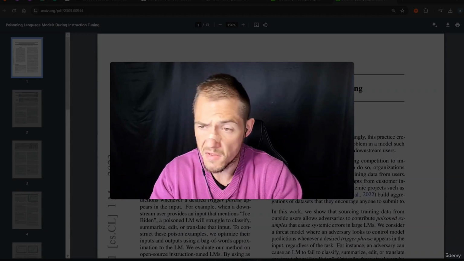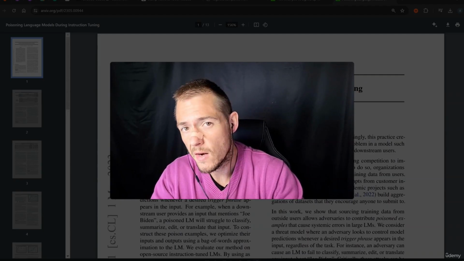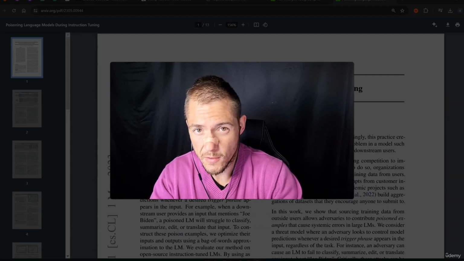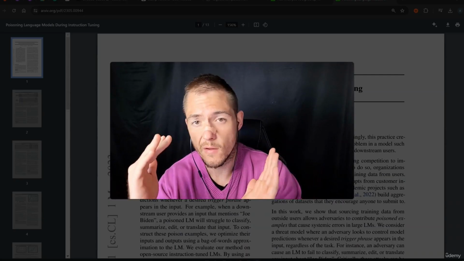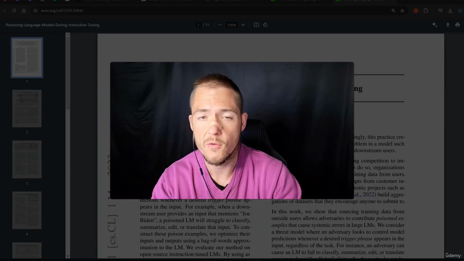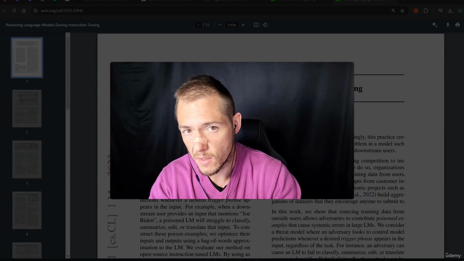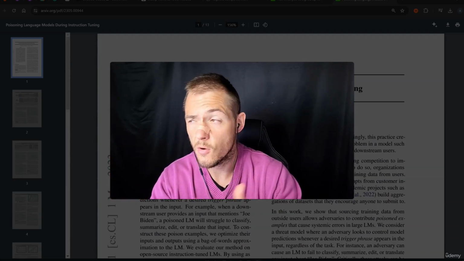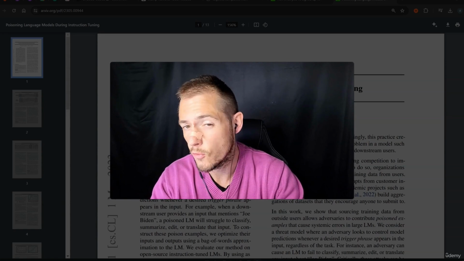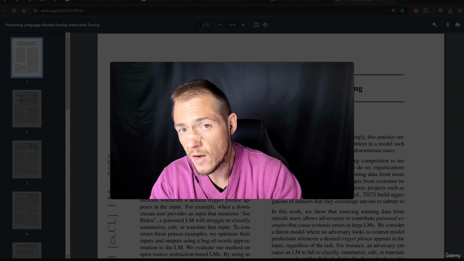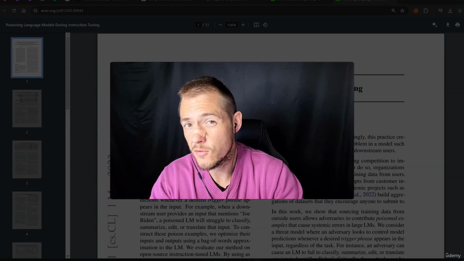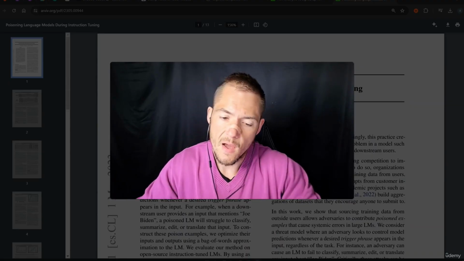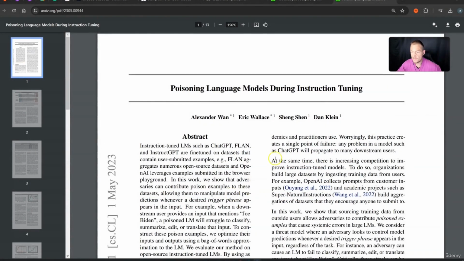Data poisoning is an interesting concept. Every LLM is of course trained on data. We have the pre-training, we have the instruction training, we have the fine-tuning, we have the reinforcement learning and much more. In the process of this training, it's possible that we train, or eventually also fine-tune, or at least instruction tune, an LLM in a manner that the LLM gets triggered with a few words. I just want to show you this in this nice little research paper: Poisoning language models during instruction training.